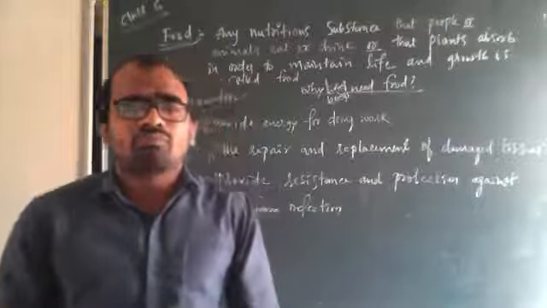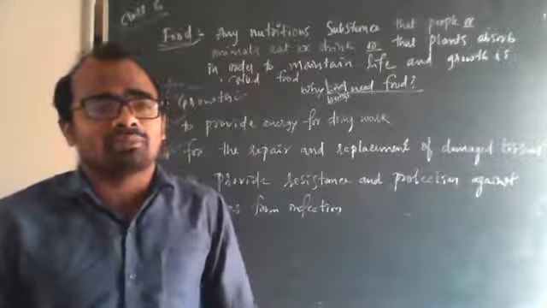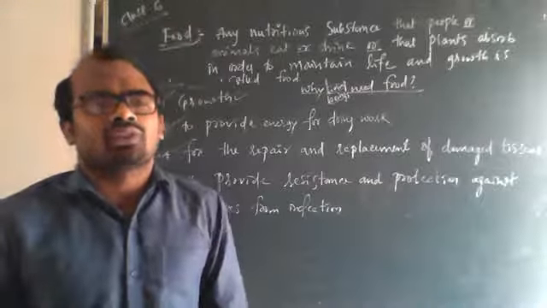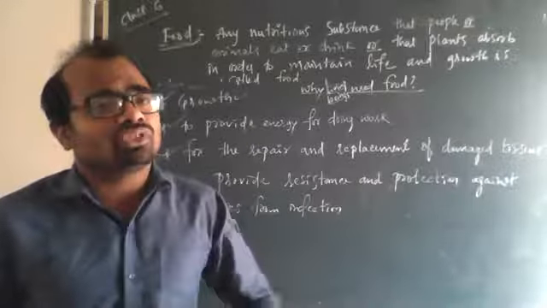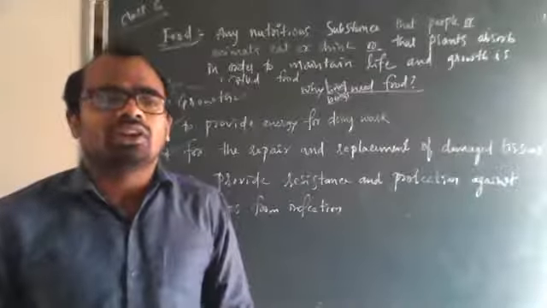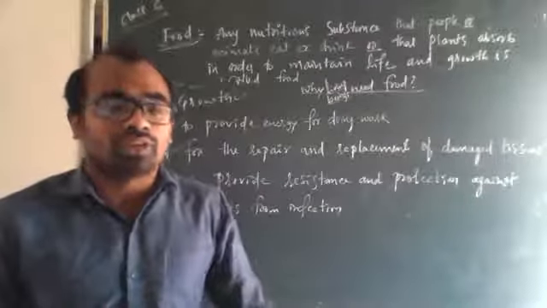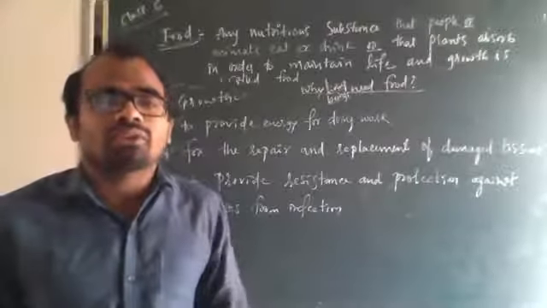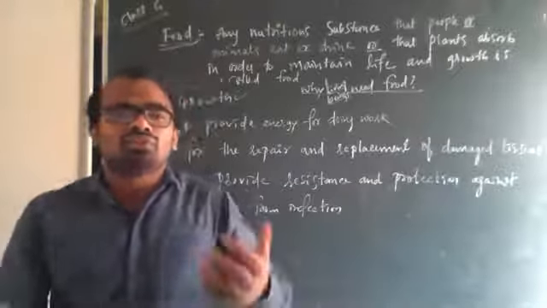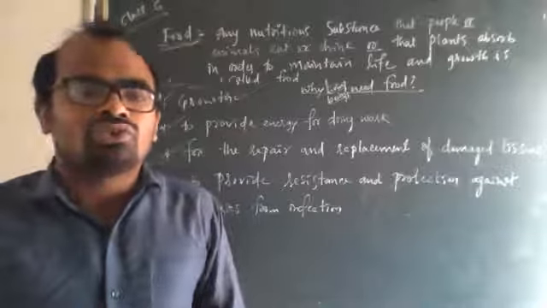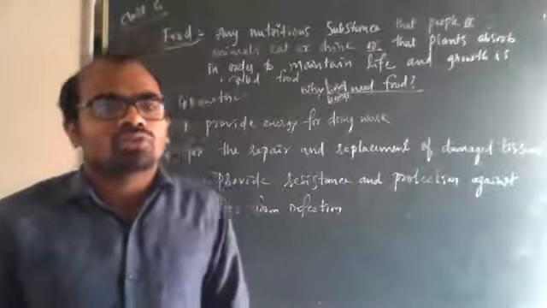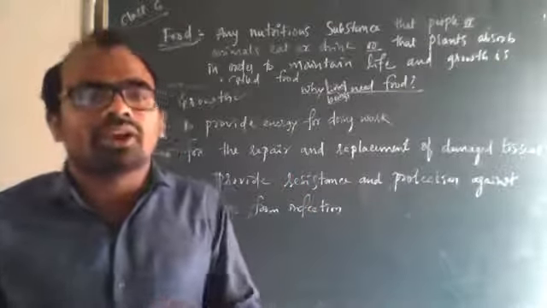See, when we have to repair or replace damaged tissue, food is needed. Suppose in a plant one tissue is damaged, so that has to be repaired. For that food is needed. Or somewhere you have a wound, then there might be a repair of tissue. So tissue has been damaged, and for that you need food. When you need food, the energy will be consumed by your body. The food will be converted into blood, so that blood flows to that wound and it will become repaired.